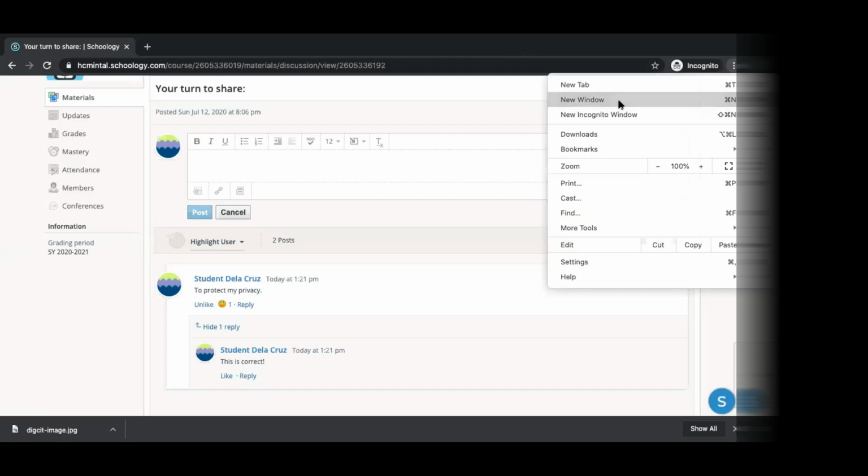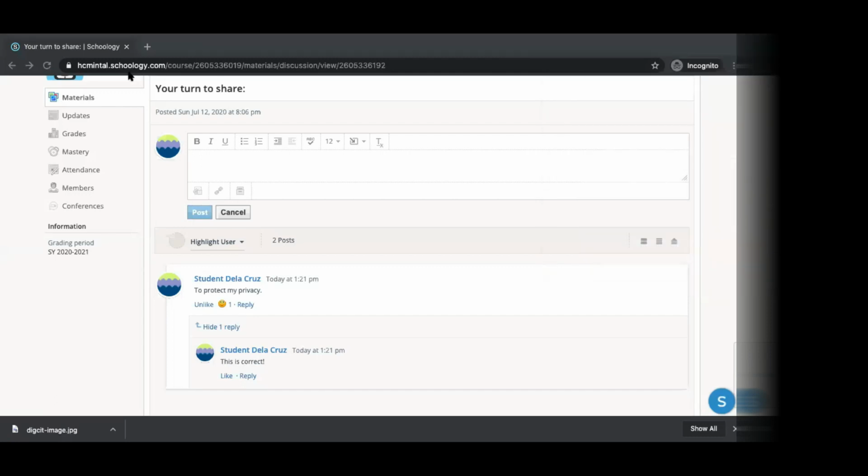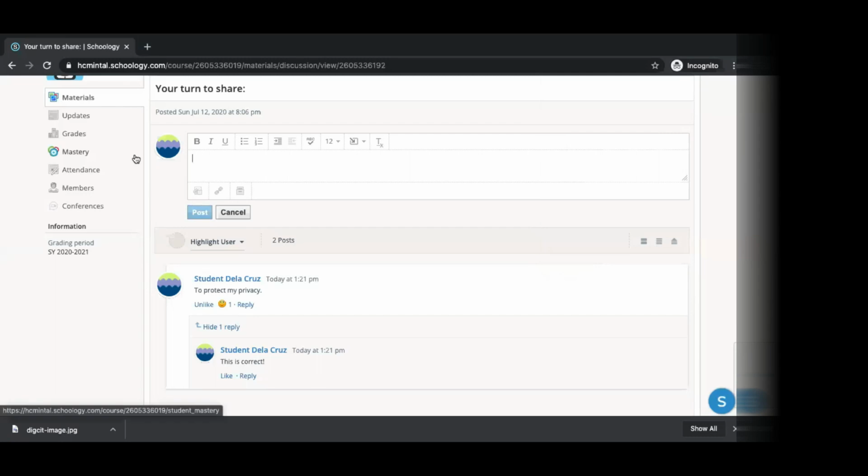So every time that you post something in Schoology, your teachers will be prompted. Okay, so you need to be careful in posting things in Schoology. Ayan. So, for every submission na ginagawa ninyo, every post in Schoology, your teacher will be notified. Alright? And then, on your end naman,